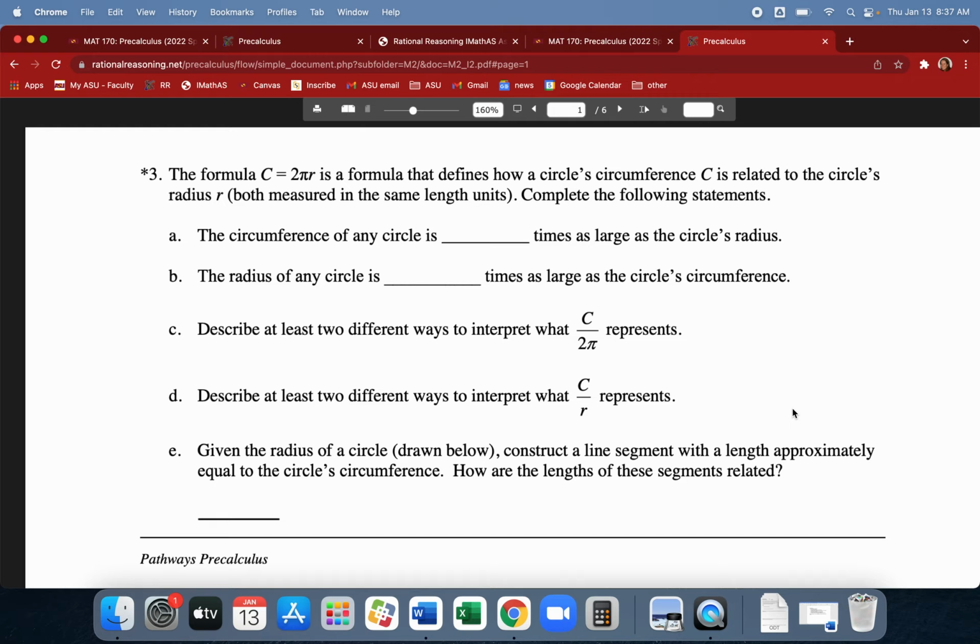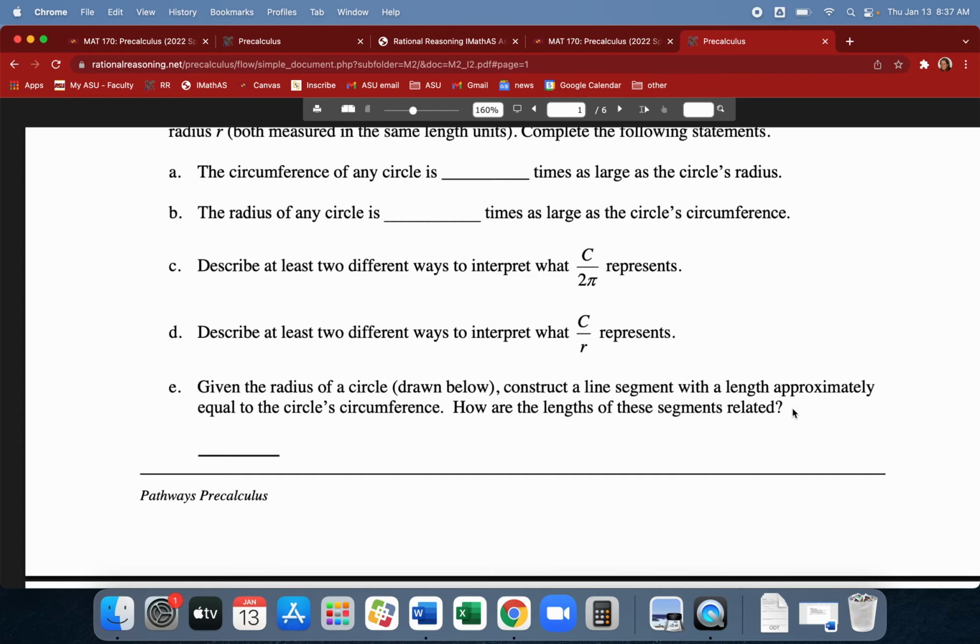But in any context, even if this weren't about circumference and radius and they just happened to be these two letters, I could say that this division, C divided by R, tells how many radii fit around the circumference of a circle, but I could always just say how many times as big C is than R, or how many times larger C is than R. All right, so